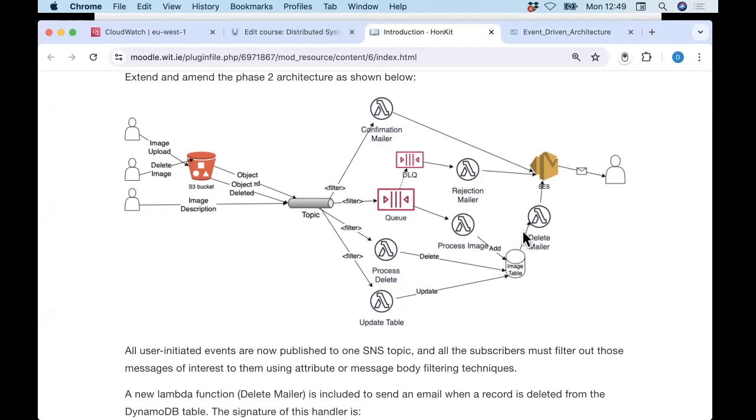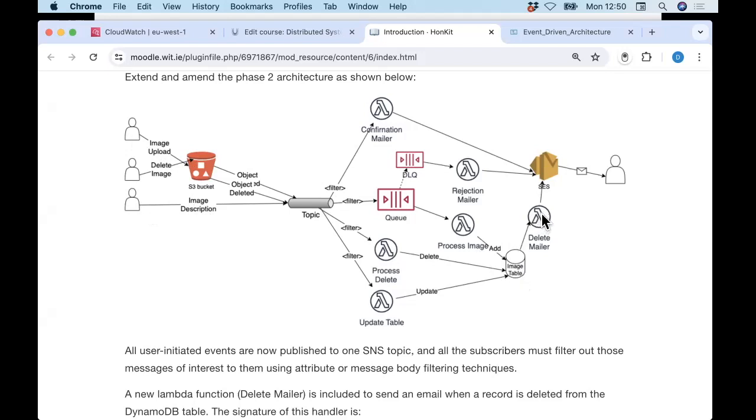Now it may also receive messages related to the adding of a new image or file to the bucket, or when an image description event occurs,